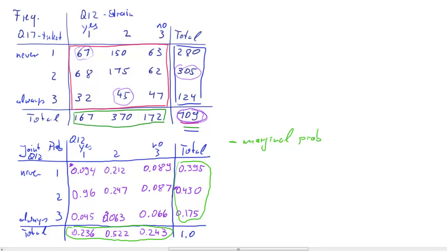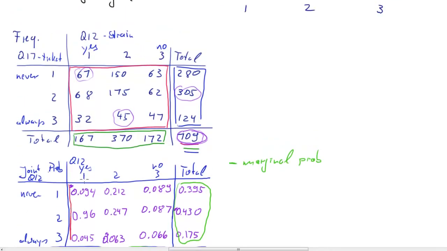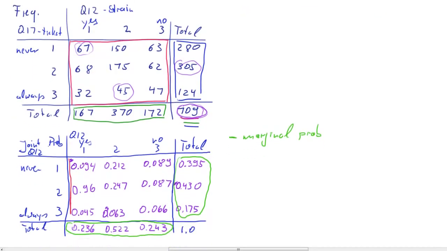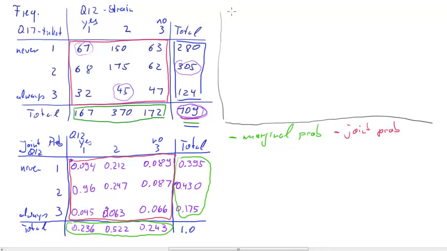And the values which we had here in the center, all the red values here, they were what we called our joint probabilities. Okay, it's very important that you know what is meant by joint and marginal probabilities. Joint probability always reflects particular outcomes for two random variables, whereas the marginal probabilities only reflect outcomes for one random variable, either Q12 or Q17 here. So the last I want to show you is how to calculate conditional